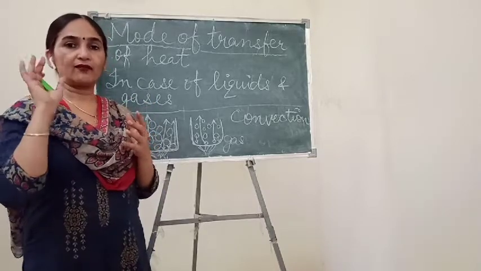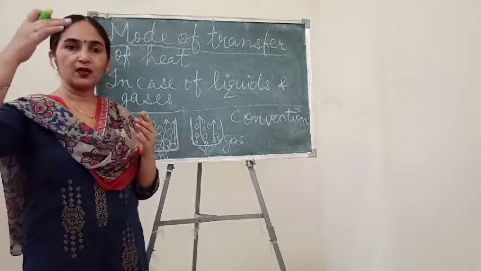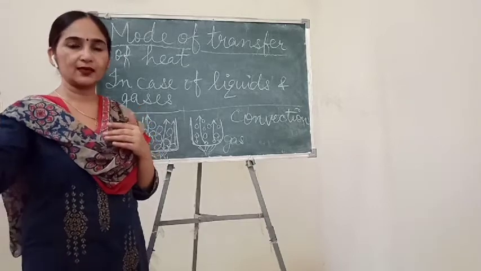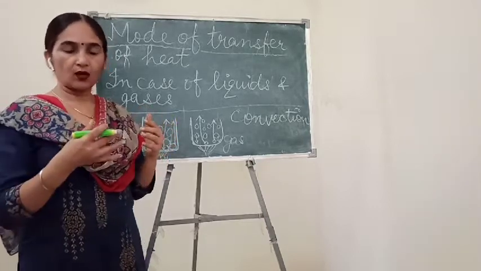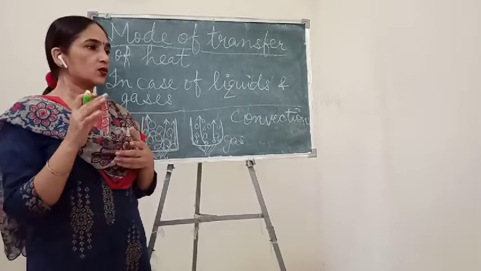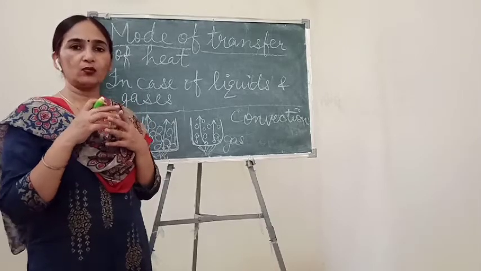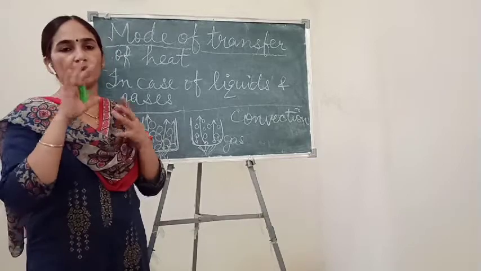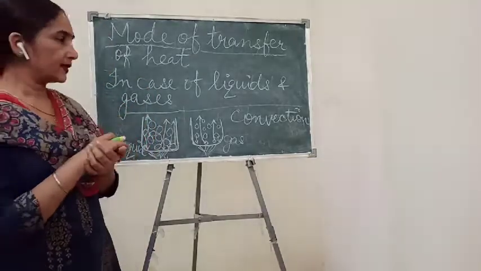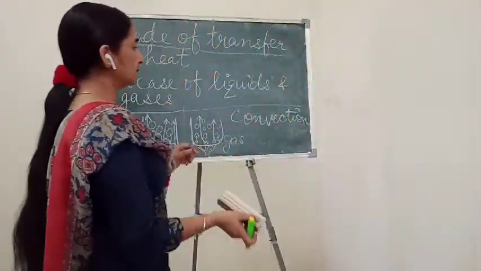We can make ventilators in our room, so that when hot air goes up, it can easily go out through the ventilators, and cold air can come in through the windows or doors. Okay, so to remove suffocation, or we can say to remove hot air from our room, we can construct the building with ventilators. So this is all about the convection method.